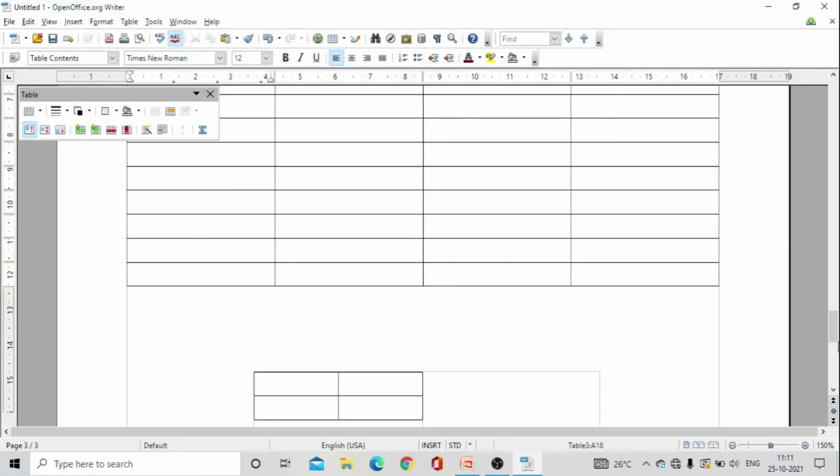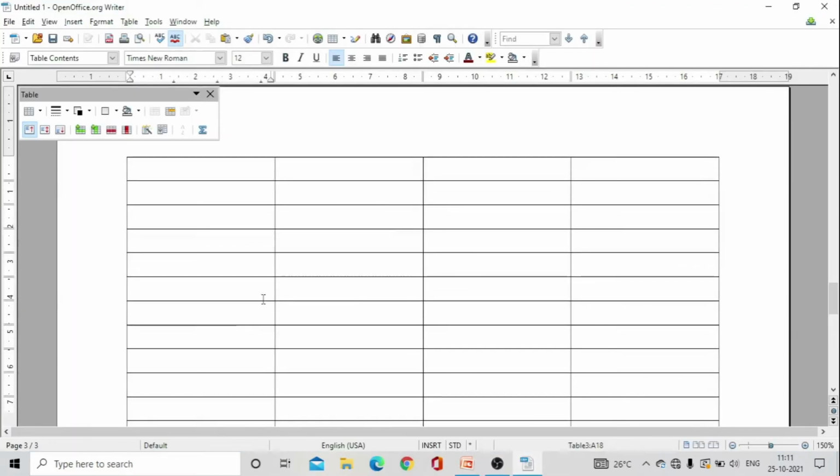So if there is a text here, for example, I give a heading here, something like roll number, name and standard. So for now we have given this heading, and now I have to move between the cells. So how? If I'm using the cursor keys, I'm not able to move as fast as I was moving earlier, right? There is a text in between, so it is getting a little bit late. So what you can do in this, you can use your mouse. Use your mouse cursor and you can go in any cell you want.